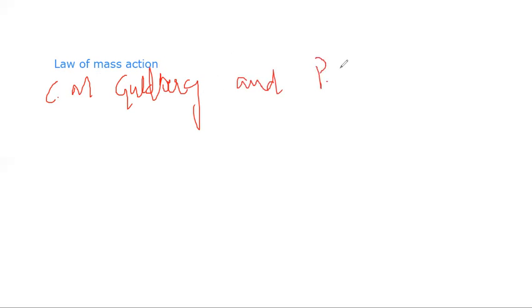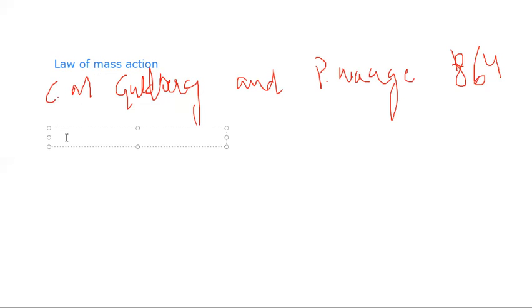This law was basically given by two scientists, C.M. Goldberg plus P. Waage. These both scientists gave this law in 1864. According to the law of mass action that was given by C.M. Goldberg and P. Waage, the rate of reaction